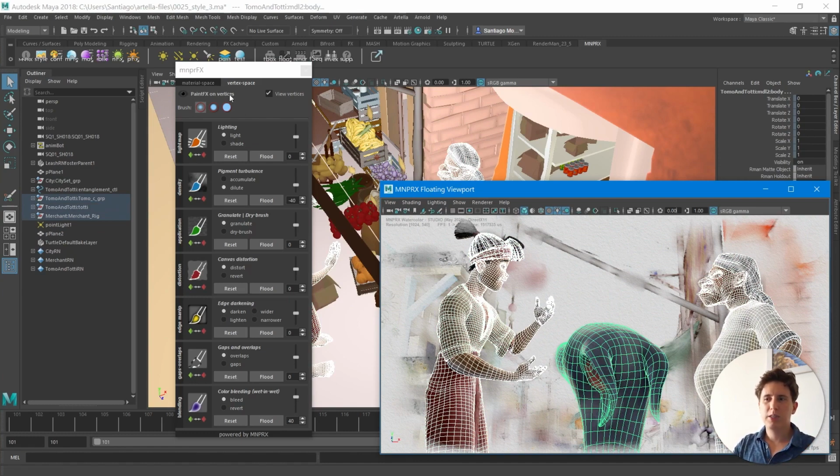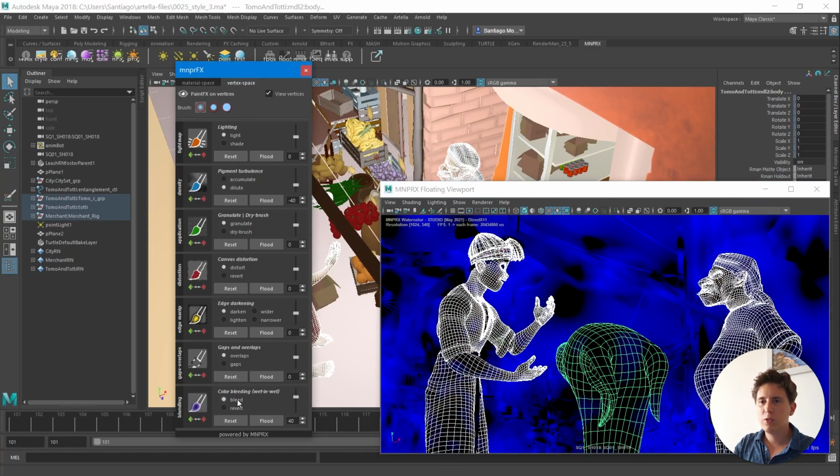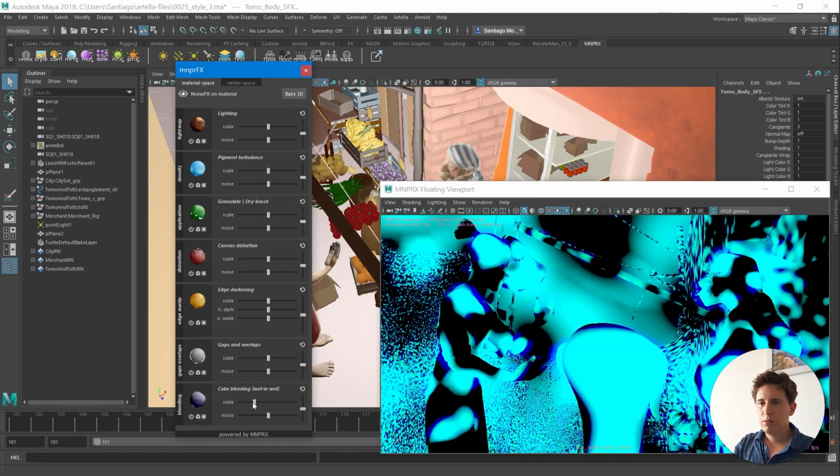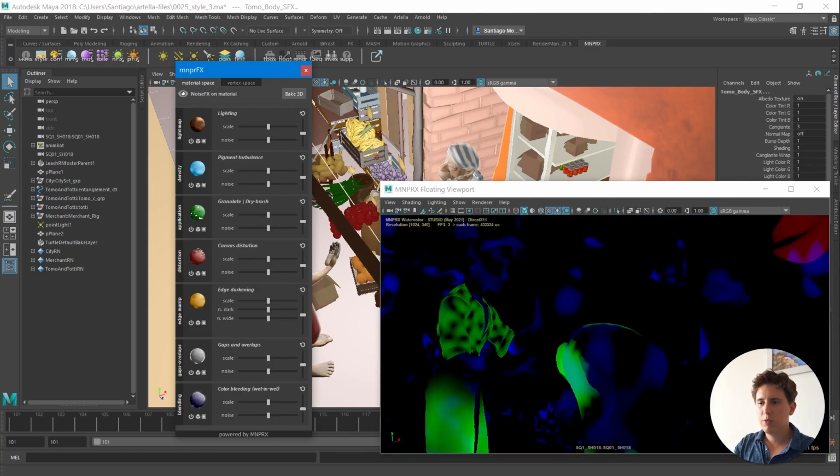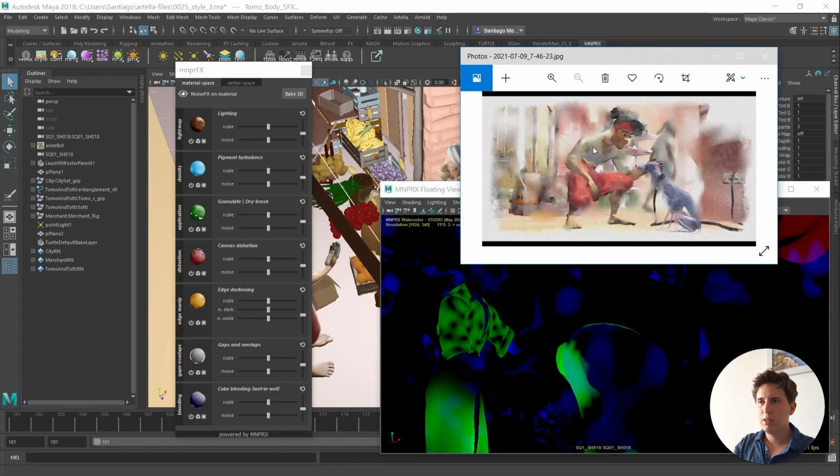Noise effects are per material, so as soon as I select one piece of geometry that already has that material, the noise effect is going to be applied to the material, right? And hence to all the other objects that have it assigned. And I want to see what I'm doing with the color bleeding. As we can see from the reference, the bleeding areas are very broad, so we need to achieve the